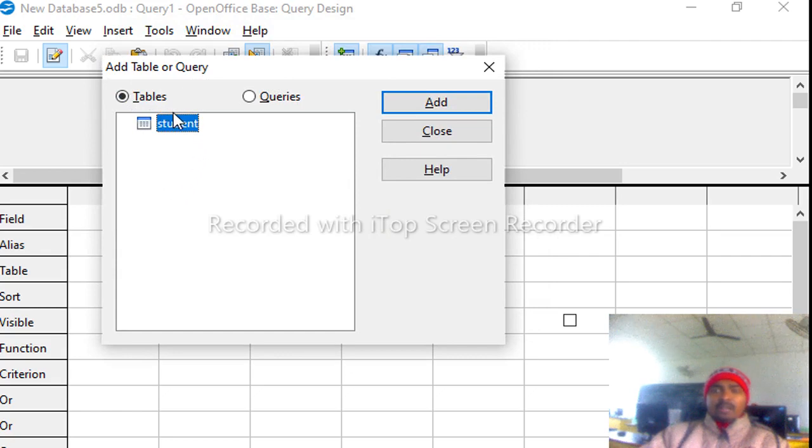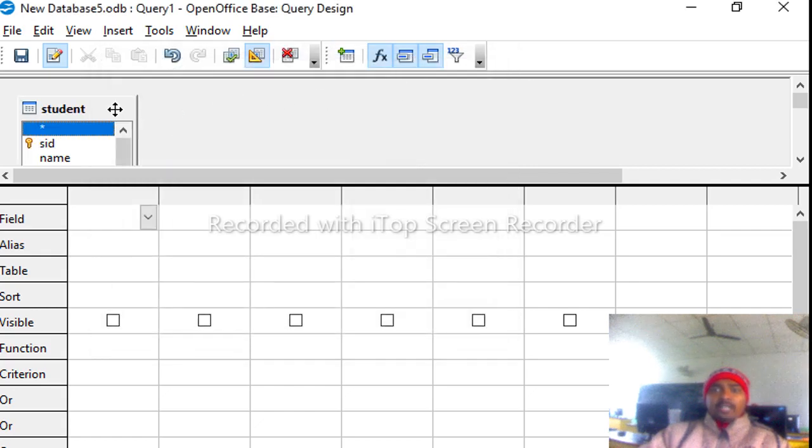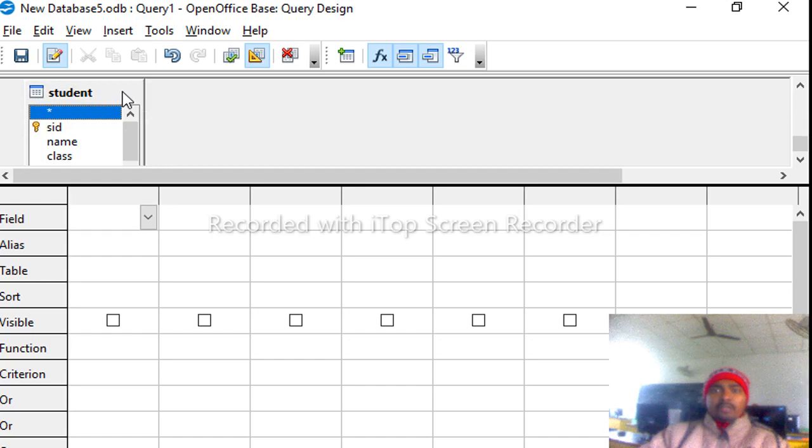From this dialog box we can add a table for the query. I am going to use the table student for the query. Then simply click table student, and after selecting the table click the add command button. After clicking the add command button, all the fields of the student table become visible here.